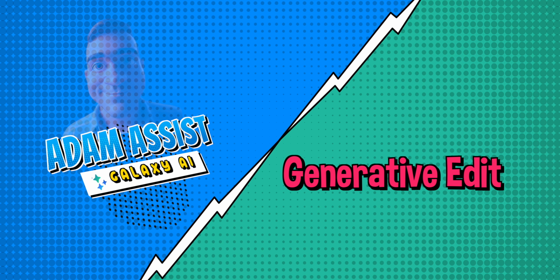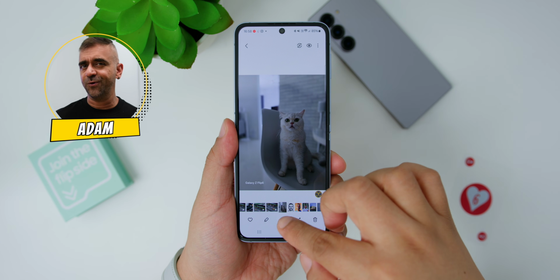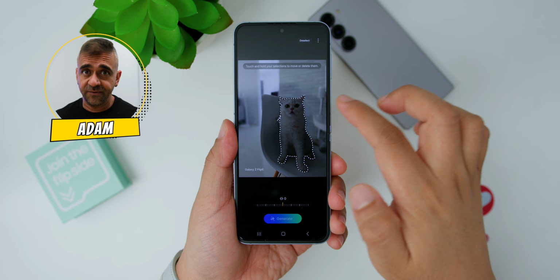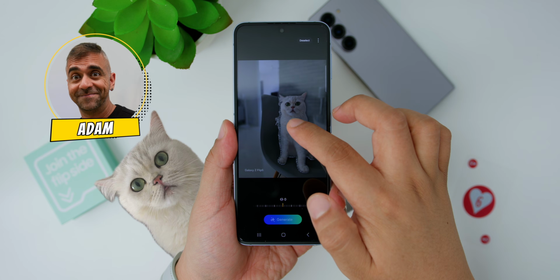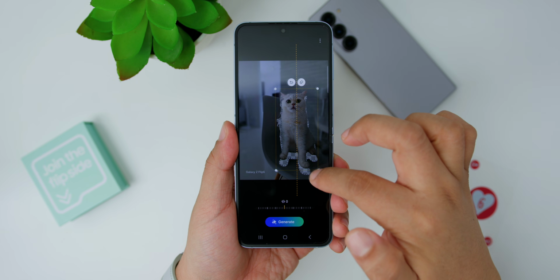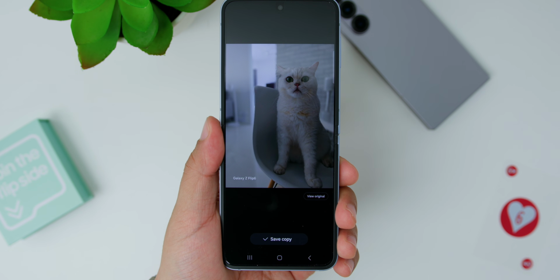So this is perfect when you need a little magic to your photos. So let's say you want to make your pet a little bigger. Well, just open the photo in the Gallery app, select the Galaxy AI button and select your pet. For my case, it's my cat Luna. Next, touch and hold the selected area and then adjust the box to make it bigger according to your desired size. Click Generate and snap. Galaxy AI does its thing like a pro.